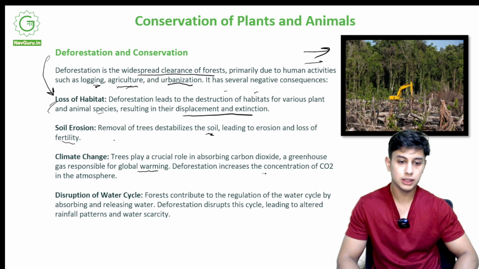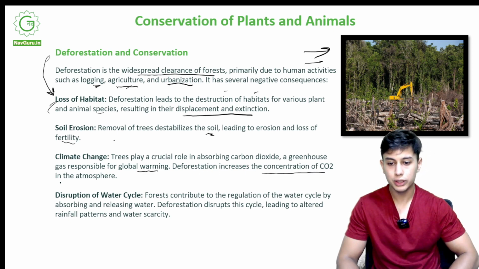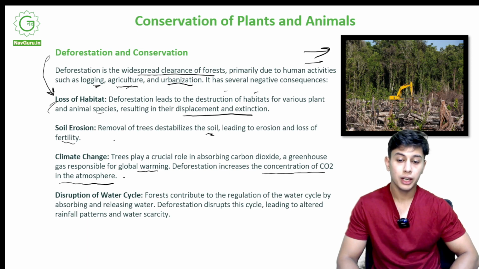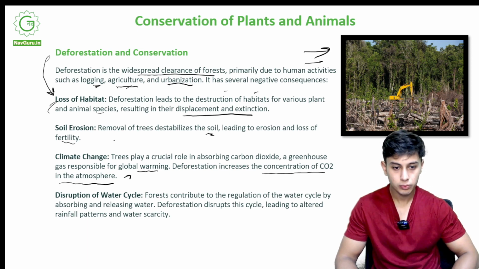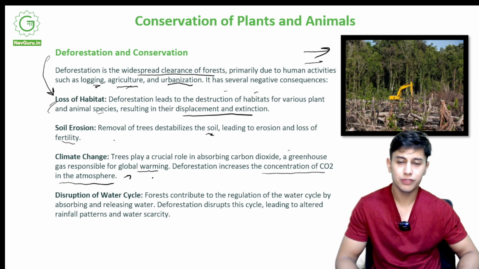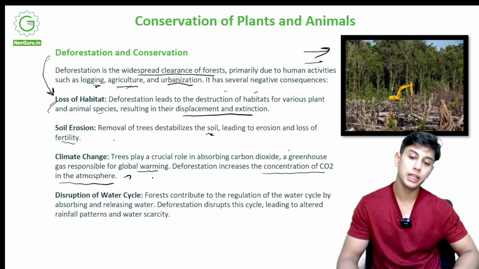Deforestation increases the concentration of CO2 in the atmosphere. It has increased a lot of carbon dioxide in the atmosphere. This will lead to warming of the earth's surface. It will be trapped in the atmosphere, and it will increase the temperature of the earth, which will lead to